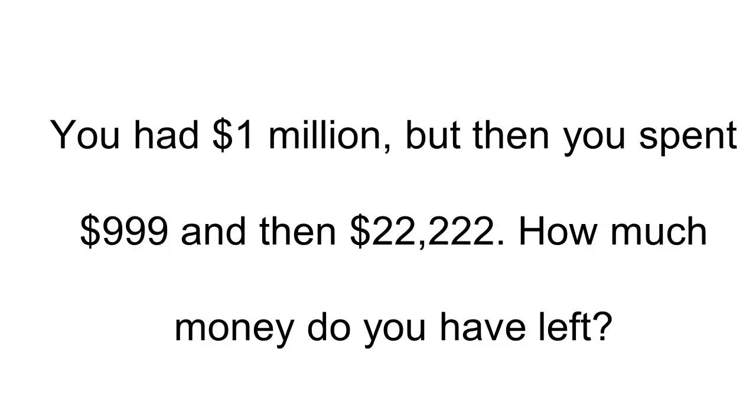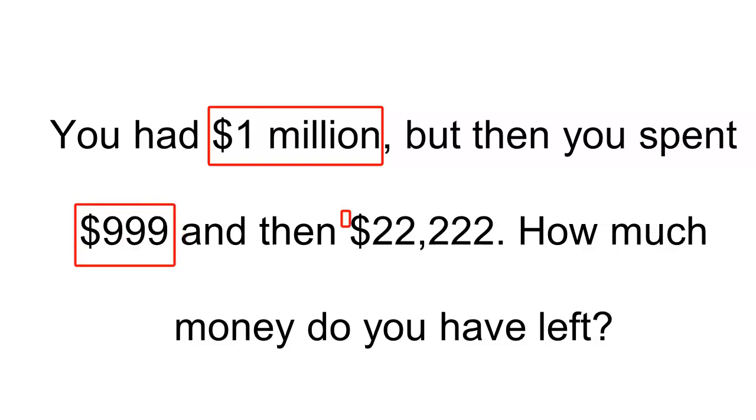All right, so let's look at these quantities and focus on what we think is important in the problem. In that first sentence, it says you had $1 million. So that quantity is really important. I want you to really think about that quantity. That is our total. So you had $1 million, starting with that. But then we're going to spend $999 and